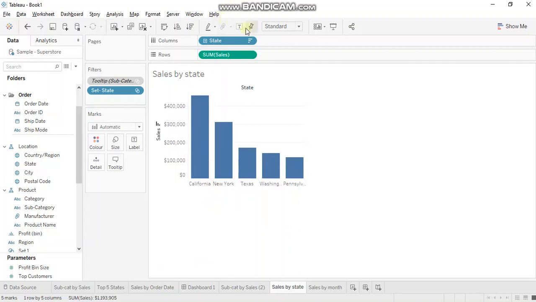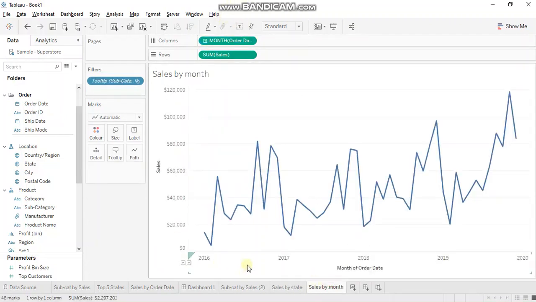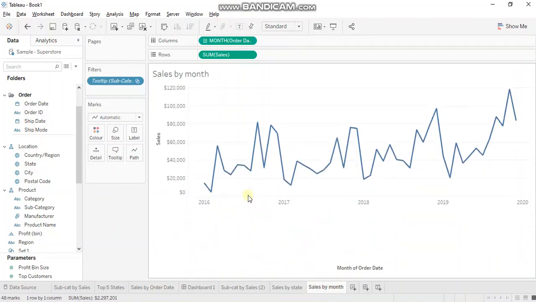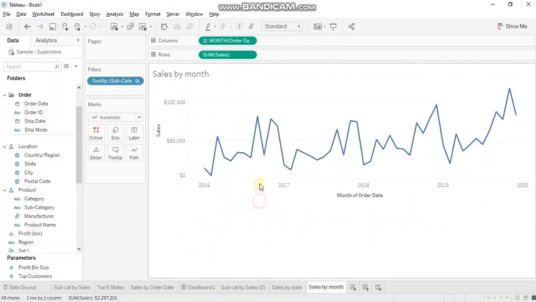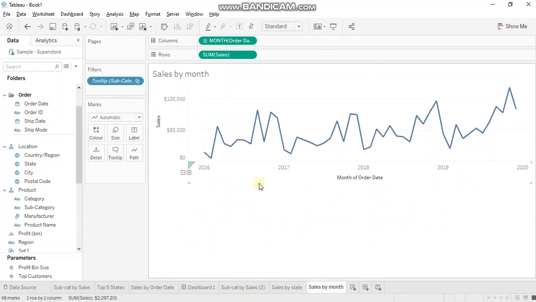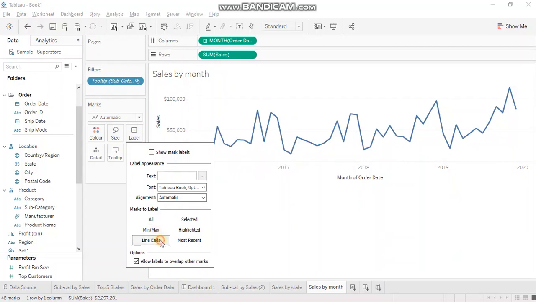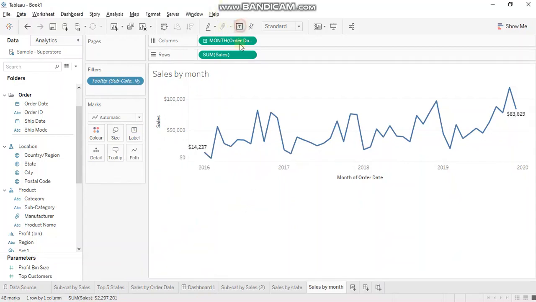Okay, let's add the labels as well so that it looks nice. And here as well, let's reduce the size. Okay, I'll just go and add the line and labels.